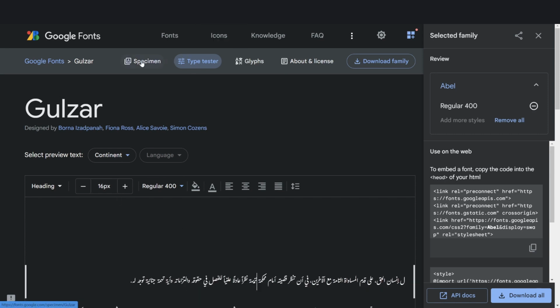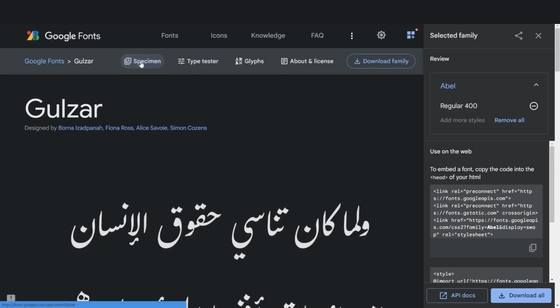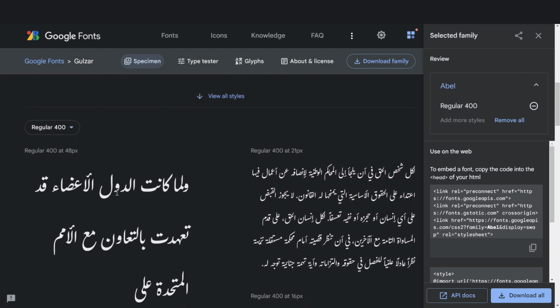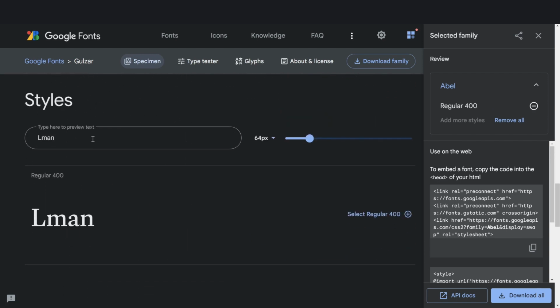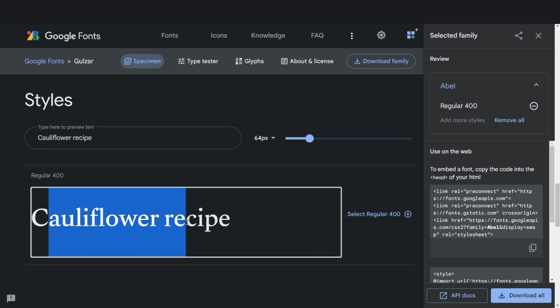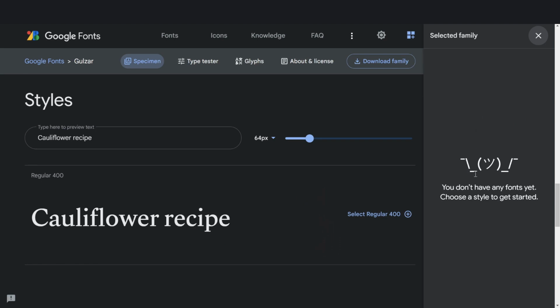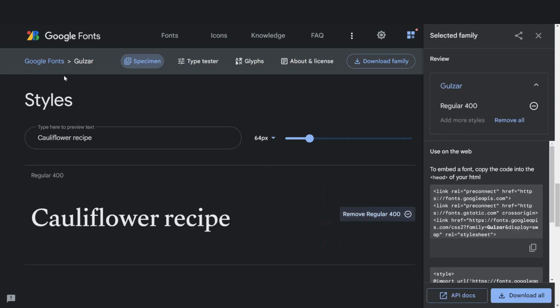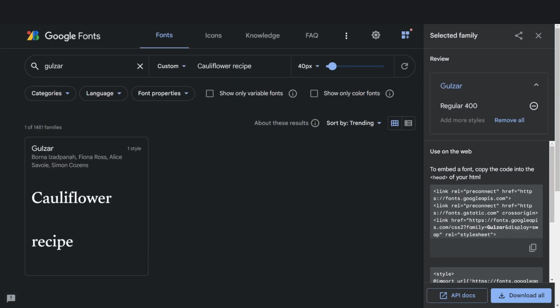But anyway, if we go into the code itself, you can type whatever you like, so you can type cauliflower recipe, and you can see, yes, that looks like what I want. So I'm going to delete any fonts that I had previously, and I'm going to add Gulzar, and the other ones that I had were Nunito,